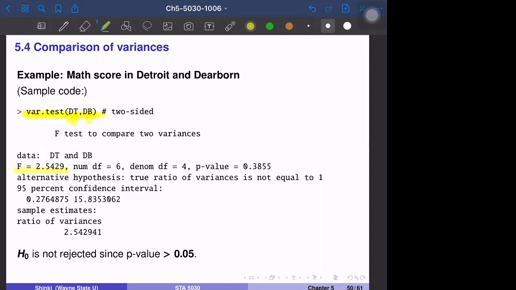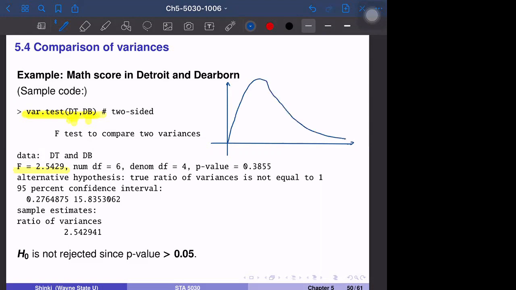At first, the F statistic is 2.54. The F statistic is roughly 1, so 2.54 is rather higher than the median, probably. It's not guaranteed, but intuitively it's higher than the median. So the situation is that 2.54 is around here. Maybe 1 is around here. This is the F distribution with degrees of freedom